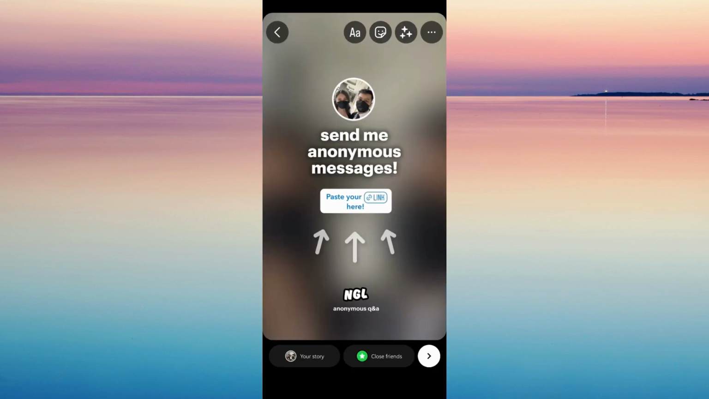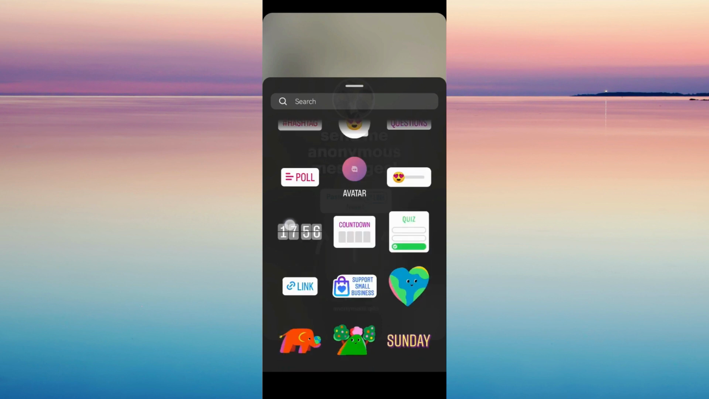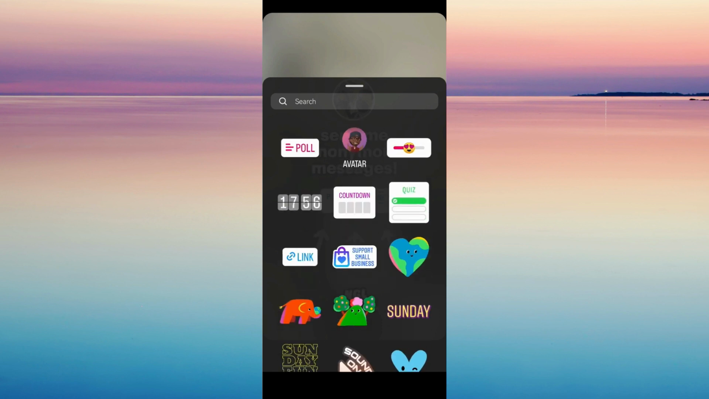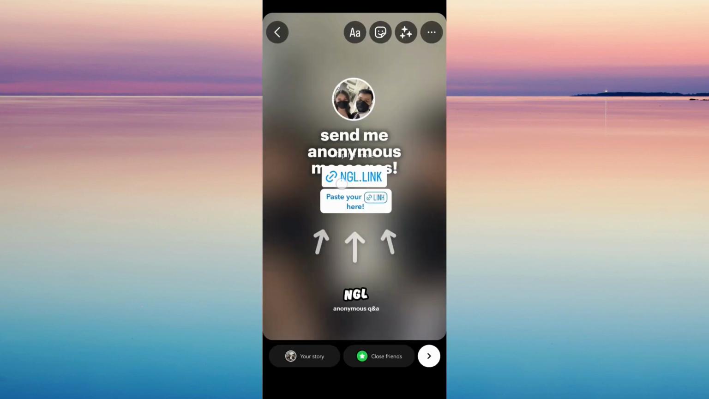And then here, let's tap the sticker button. Let's look for the link sticker. So it's here, tap on that, and then just paste the unique link that we copied earlier. And then once it's done, just tap done. And then just move it down there to cover. And then all you have to do is share it, tap the arrow,